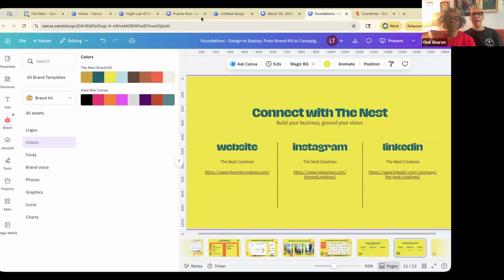You know what I mean? Yes. Canva is really good for designing two-dimensional graphics. But in terms of website functionality, I have not yet seen that they quite measure up to